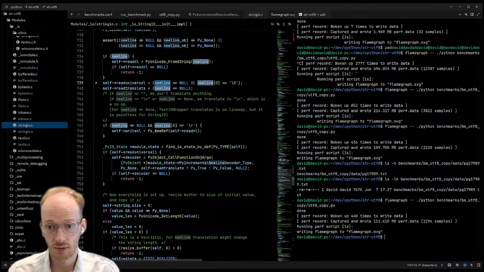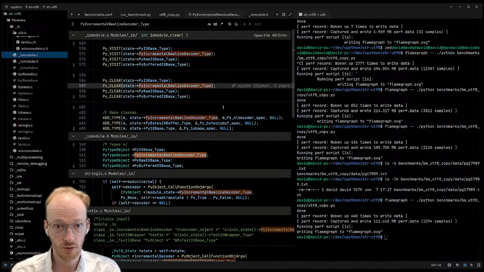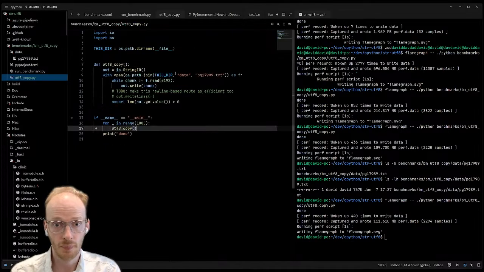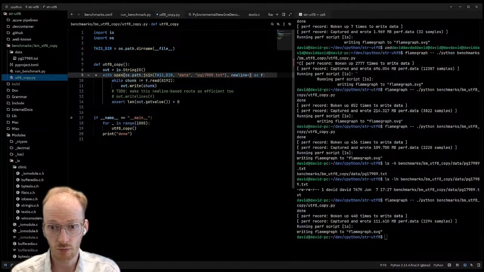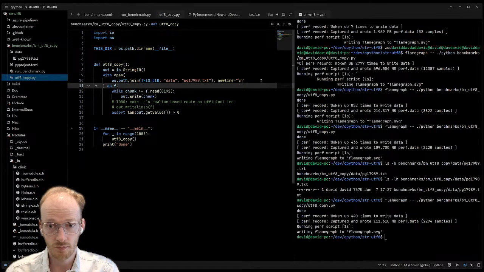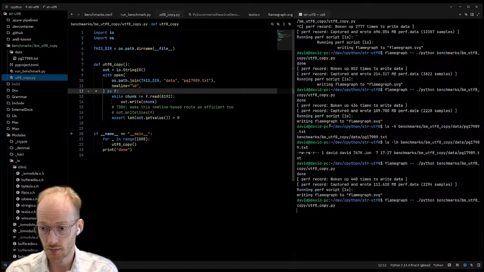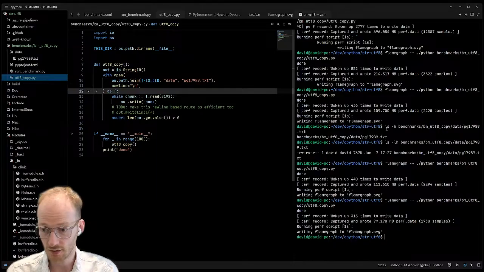It reads the file in text mode but gives you Windows style newlines as C style newlines. Yes, because it needs to convert them. That makes sense. So what we need to do is hard code it. It looks like from reading the docs for open, if we do newline equals \n, we just need to force it to be a particular form, then we get away from all that. And now we're just looking at raw performance.